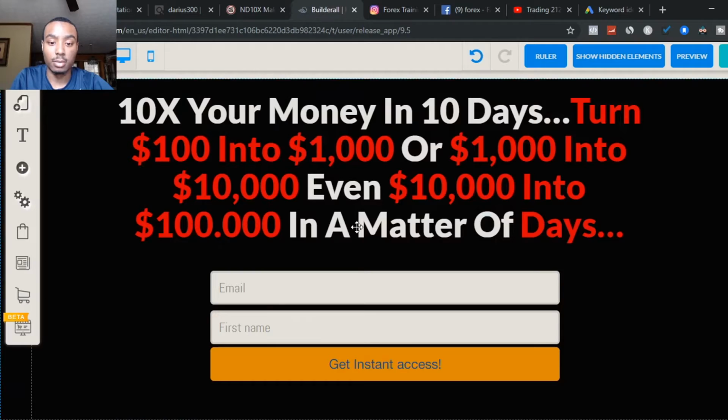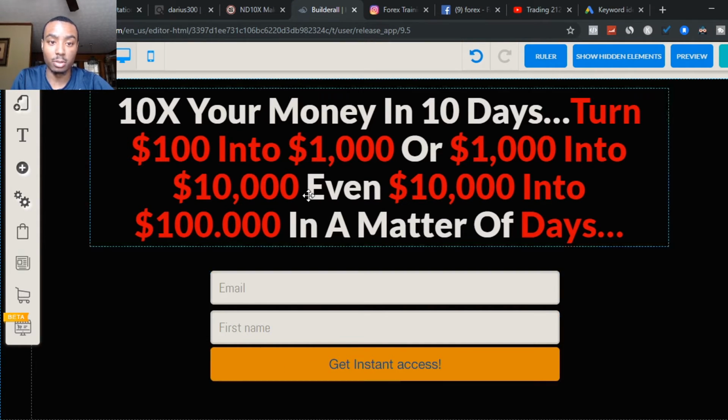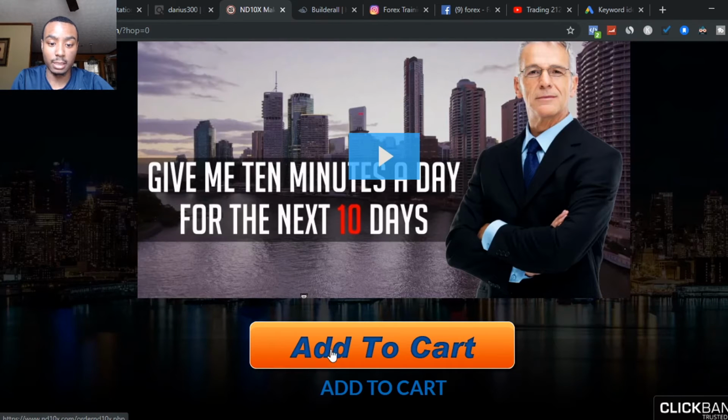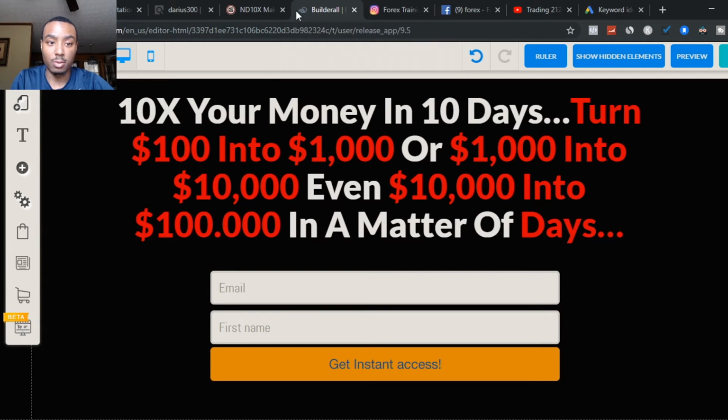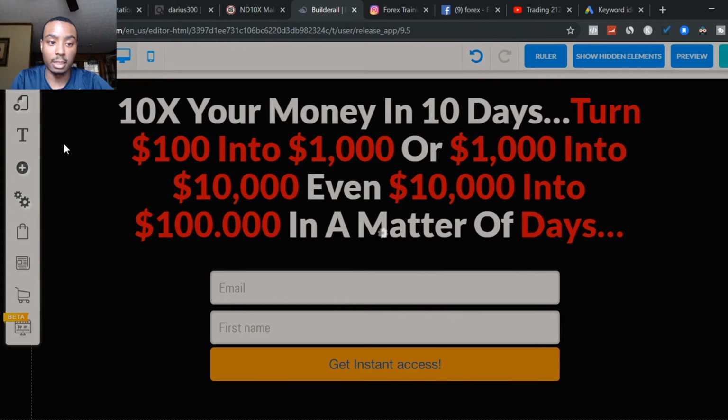So as you see, this is a squeeze page. This is not the sales page of that, so it wouldn't say add to cart right here because it's not the sales page. So it says get access to the offer we're going to promote. The text needs to be blue and the button needs to be orange. So just like this, the text is blue and then the button is orange. Just like that. So when we have that complete, what you're gonna do is edit the thank you page